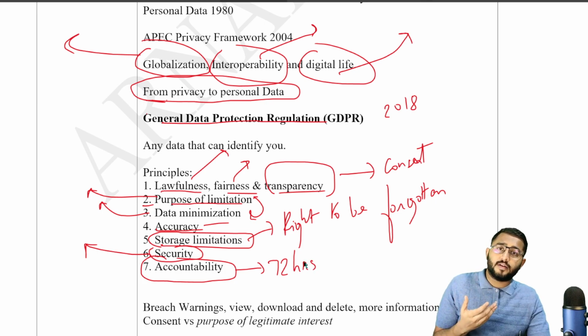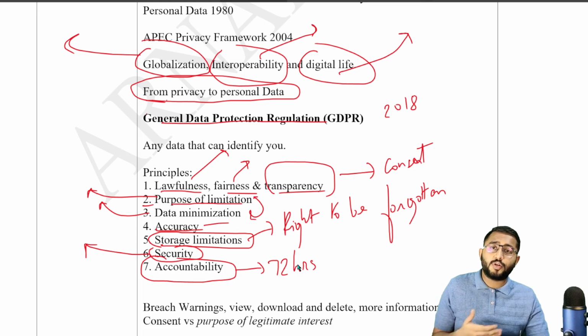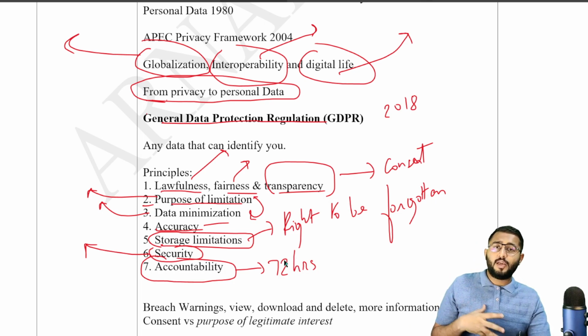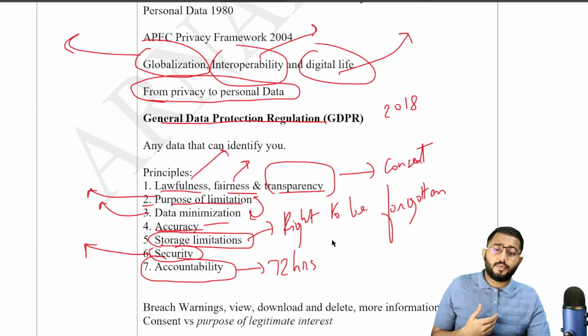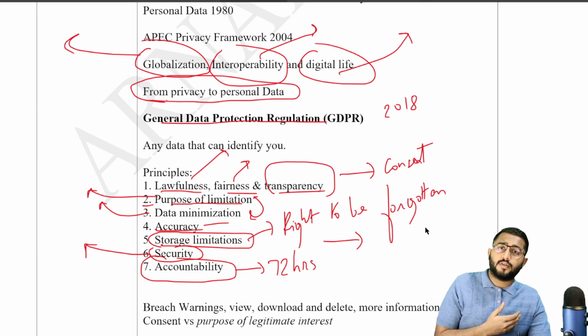ये पहले नहीं था. It came after GDPR came into being. इससे पहले if the data leaked, you wouldn't even get to know. And all of this came in the wake of things like Cambridge Analytica, things like big leaks and big papers being scammed from one country to another, right? And that's why GDPR became so important.